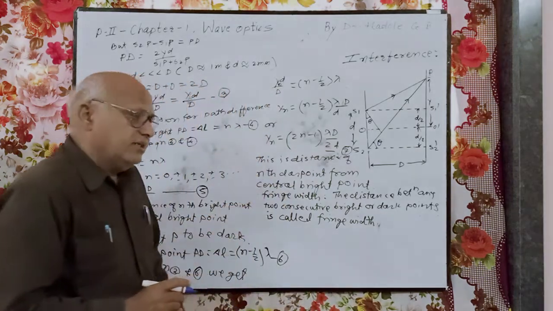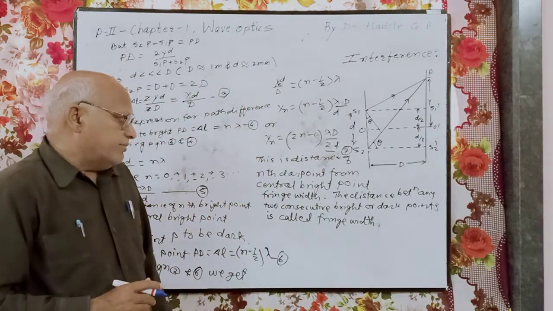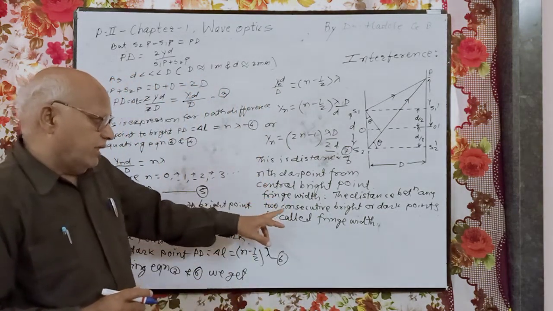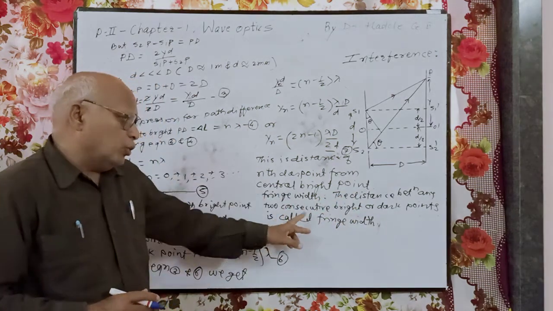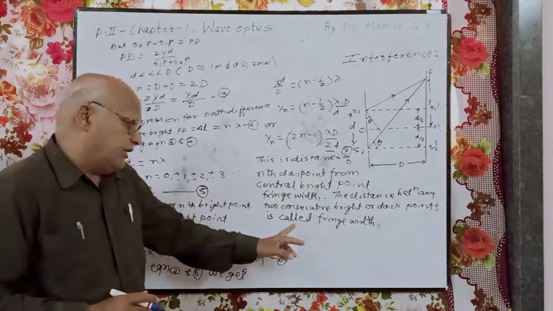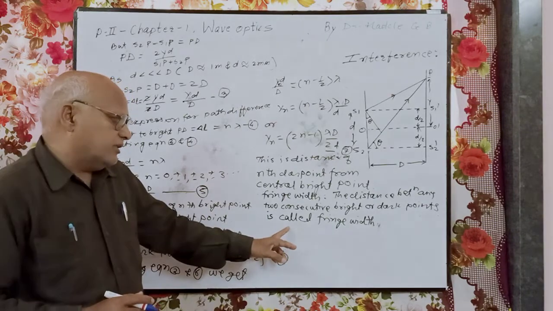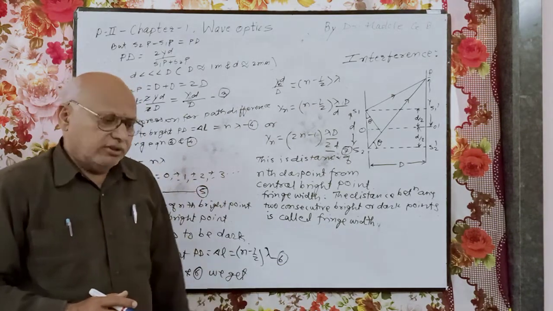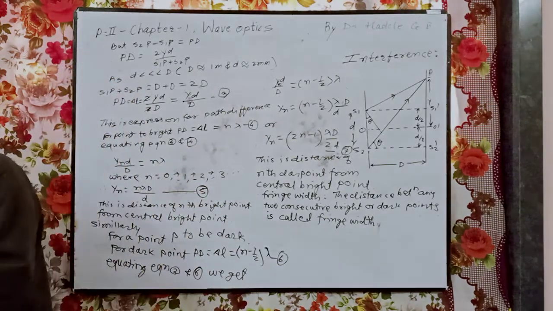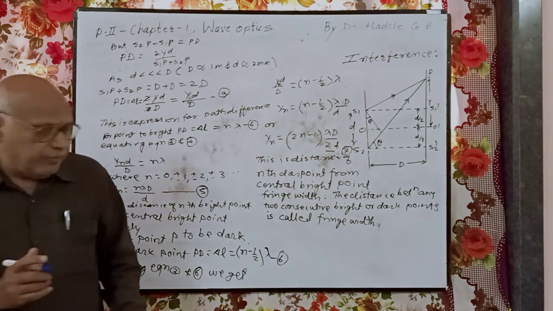It is called as a fringe width. What is that? The distance between any two consecutive bright or dark points is called fringe width, and therefore this fringe width W equal to